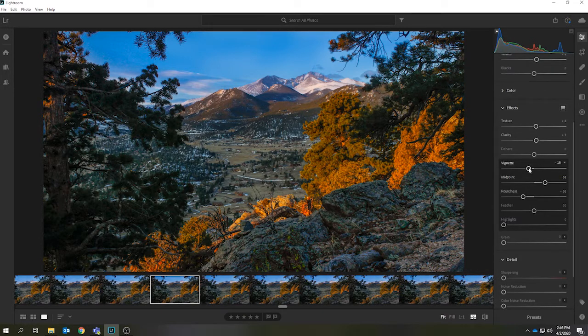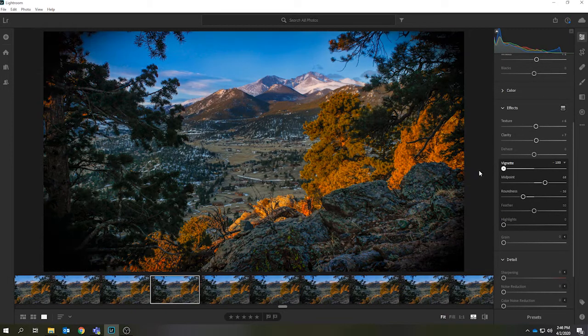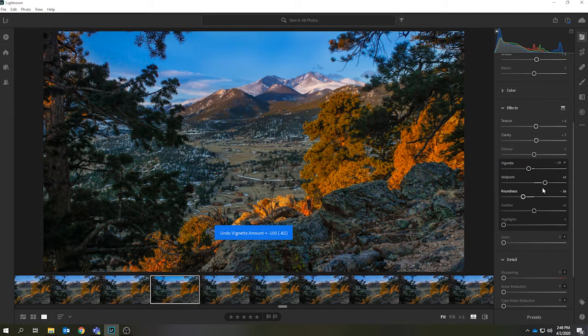I also added a vignette. It impacts this section there. That's what it's gonna change. I'm gonna go back to where it was. Okay, now the next thing you would do after this is you would take your photo and you're gonna